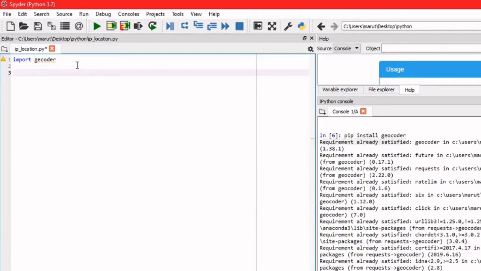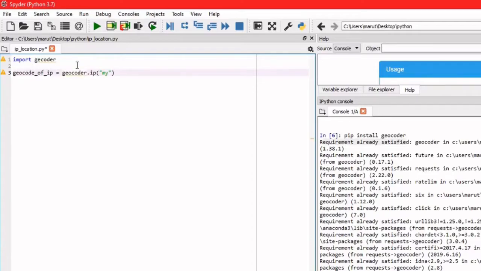We need the IP location. So let's first get the geolocation of that given IP. That's why we are using this geocoder module. So first geocode of the given IP, whatever IP you have or your own IP. In this module you will be using geocoder dot ip, open brackets. Then you can type your IP over here, or you can simply type me if you want to find out your own location.